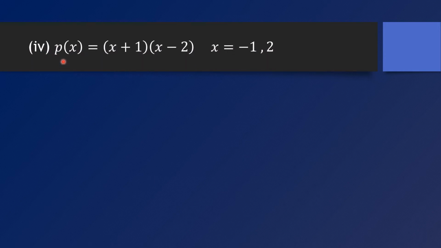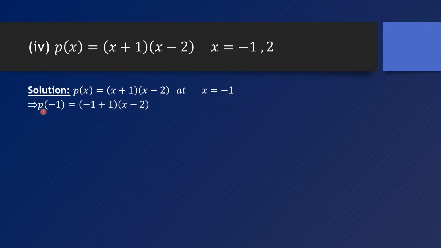Now let's move on to question number 4, that is x plus 1 into x minus 2, and here again we are given two values to verify. So p of x is equal to x plus 1 into x minus 2 at x is equal to minus 1. We are going to verify it first. So let's put x is equal to minus 1 in the given polynomial. Wherever there is the value of x, put minus 1. Minus 1 plus 1 into, here also I need to write minus 1,